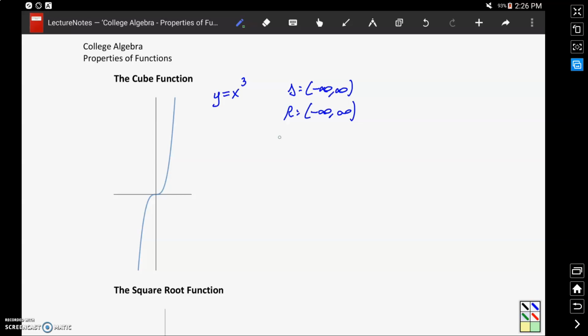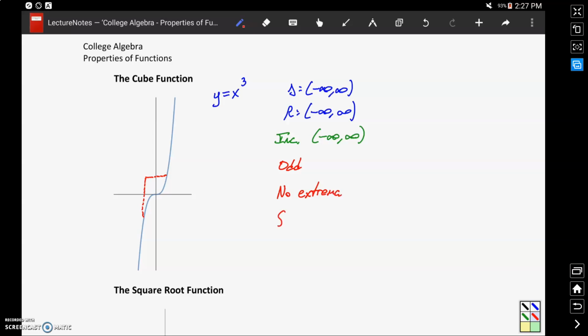It will be increasing for all values of x, so for negative infinity to infinity. It's an odd function because, again, all of our points are reflected across the y-axis and then across the x-axis. And this graph has no extrema,